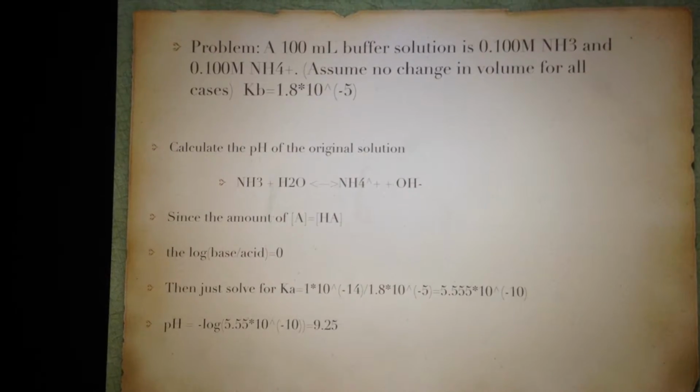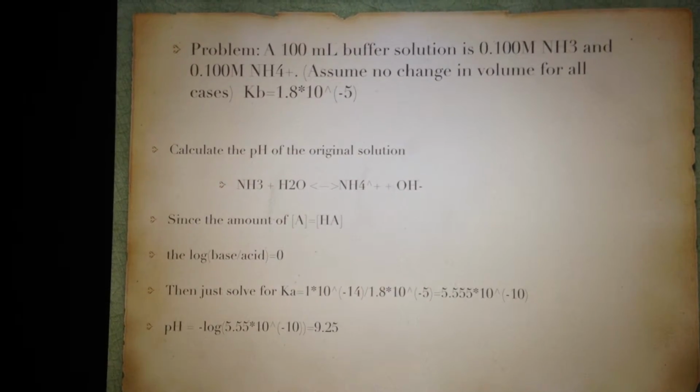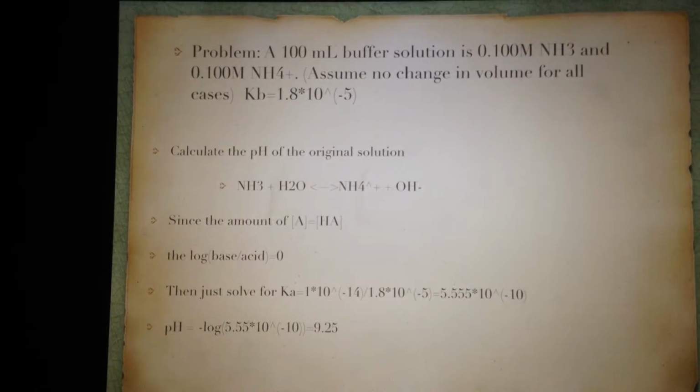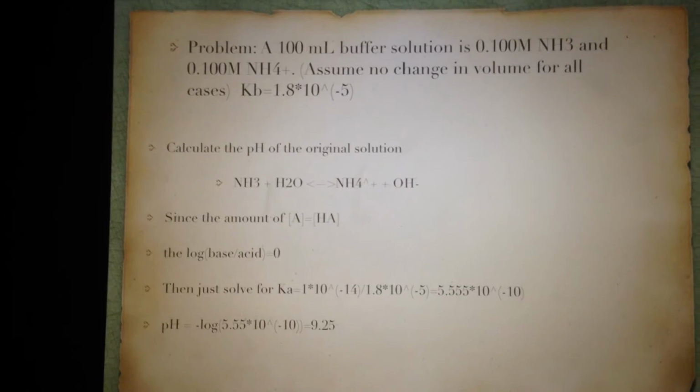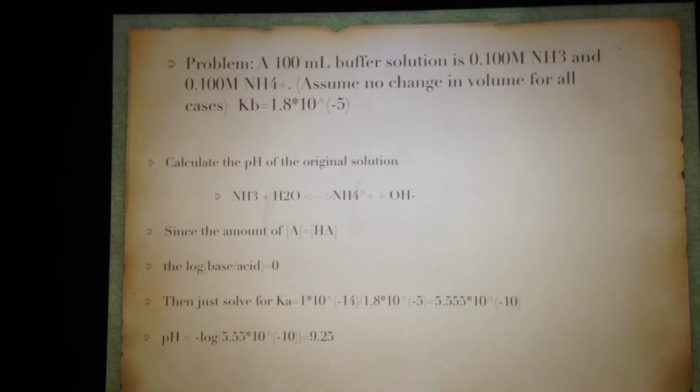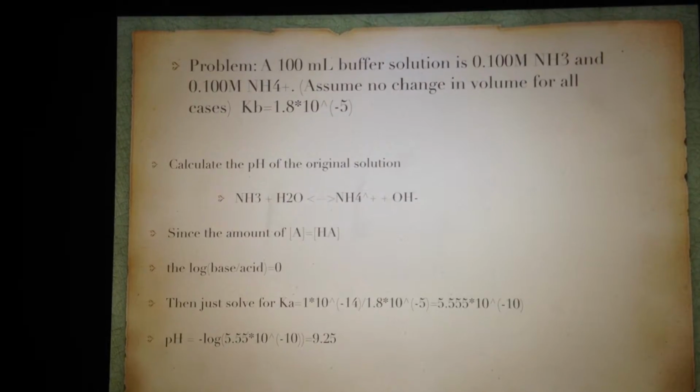For your pH value, you know the pKa is equal to negative log of the Ka. So you plug that in, and your pH value for the original solution is 9.25,